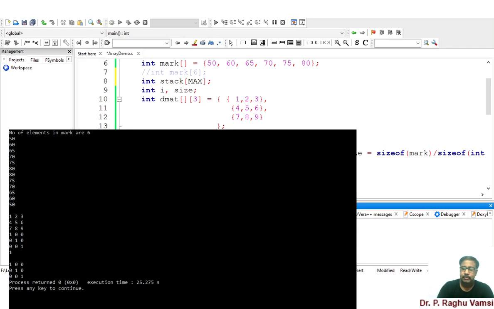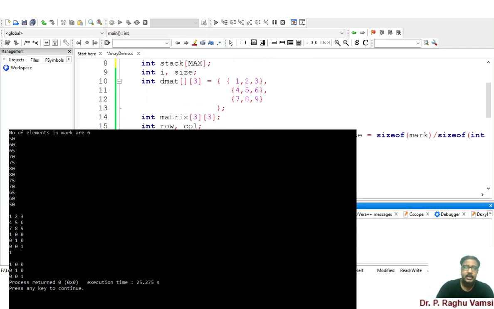Say if you want to print an element like this: printf("fourth location value %d").